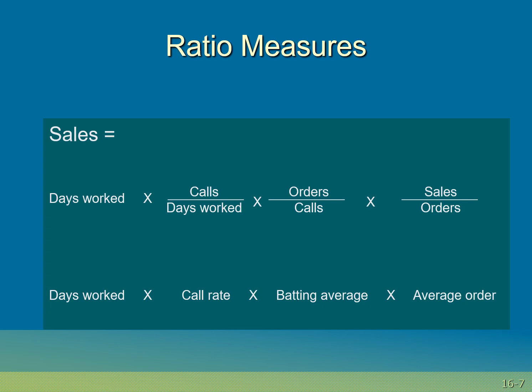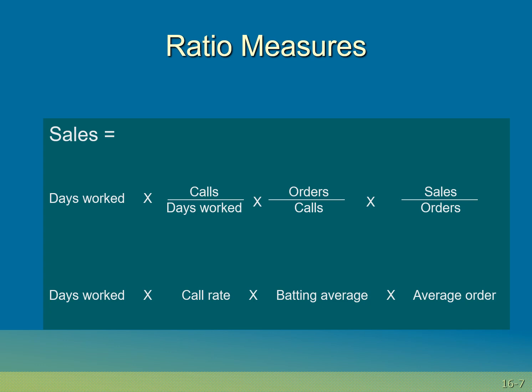Why do these things all multiplied together equal sales? If you look at this, days worked here and days worked here cancel each other. Calls here and calls here cancel each other. Orders here and orders here cancel each other. All you have left is the sales. Of course, sales equals total sales. So basically, what makes up your total sales is how many days you worked, your call rate, your batting average,